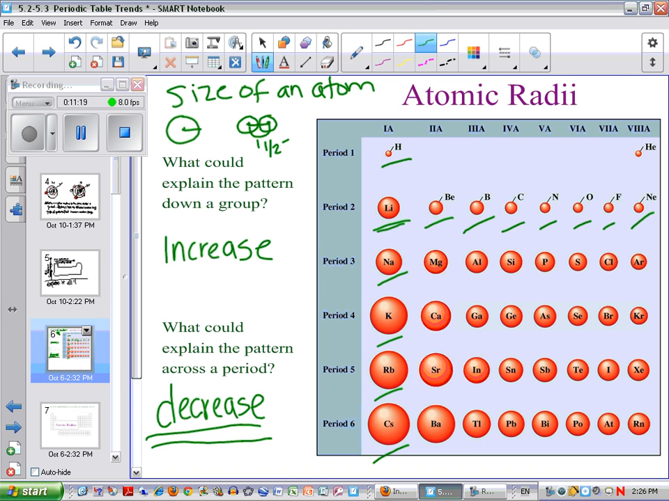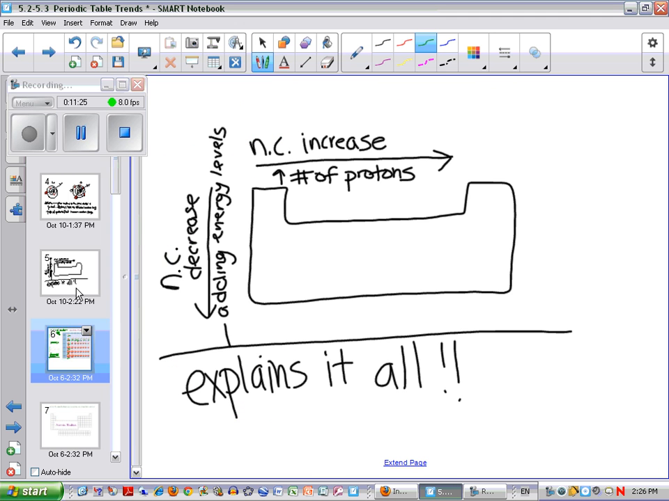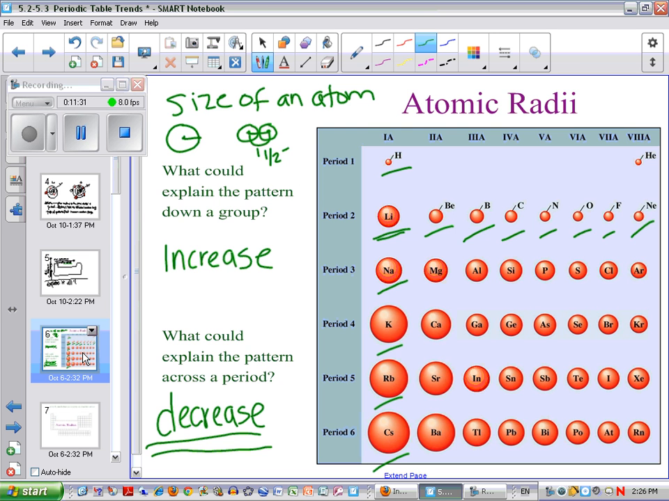You're probably like, oh, well, they have more protons, more electrons, they're going to get bigger because there's more stuff involved. But because of nuclear pull, and because as you add protons, it pulls the electrons in tighter, they actually get smaller as you go across a period. So think of it like